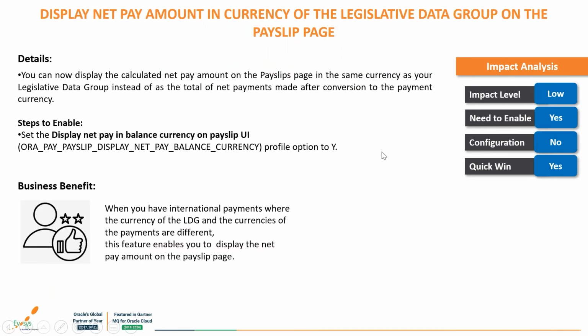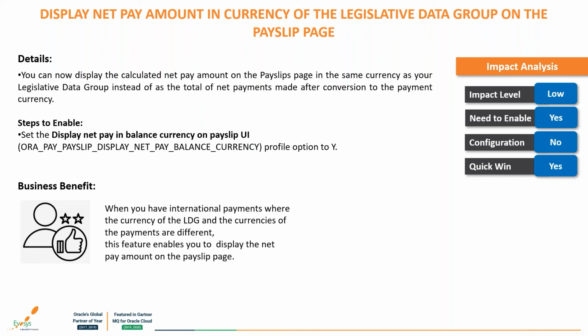The next feature we have here is display net pay amount and currency of the legislative data group on the payslip page. So this is an important feature for organizations having a global presence. Currently, the net pay amount displayed on the payslip page is simply a total of each amount paid, regardless of the currency. So if you're paying in multiple currencies, the net pay amount definitely is a misrepresentation of the actual